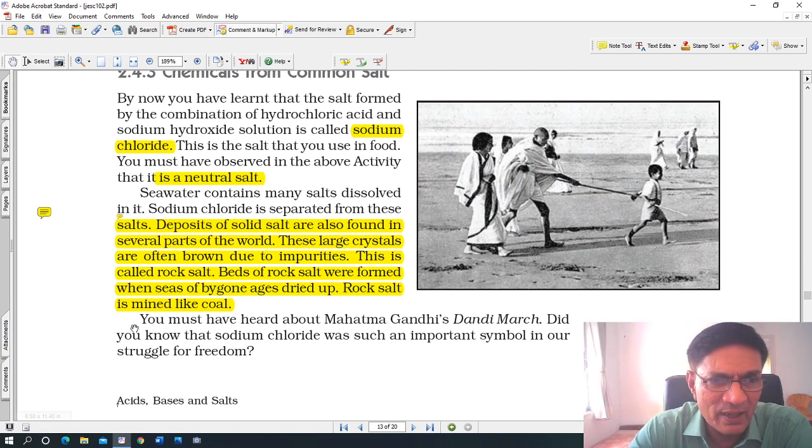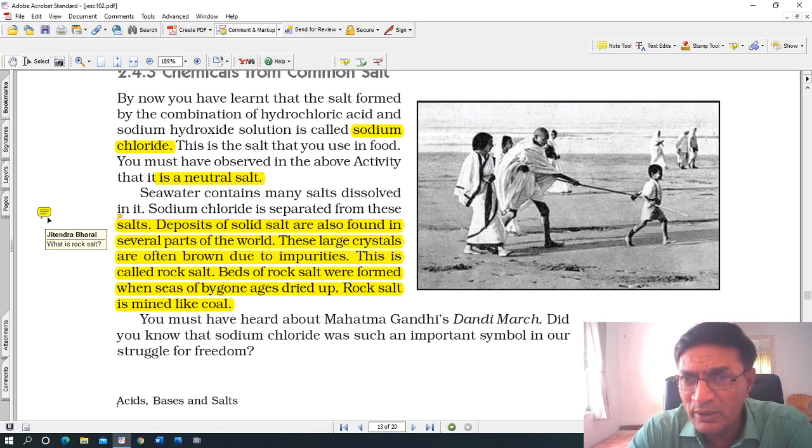Again, the question here is, what is rock salt? What I've underlined is the answer for rock salt. You see, if you study this chapter carefully as I take you through it, underline it, write questions out there, believe it or not, it will become a lot easier. This is the way to study. You don't just study from question answers and from the digest. Yes, they definitely help you, but this is the best way to study. Alright, let's go ahead now.